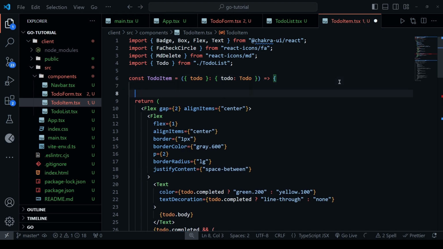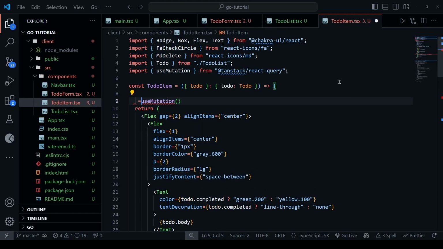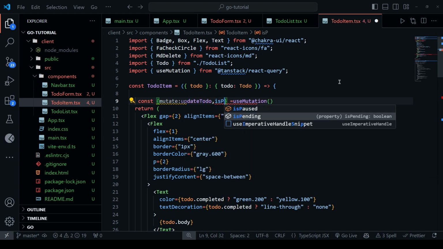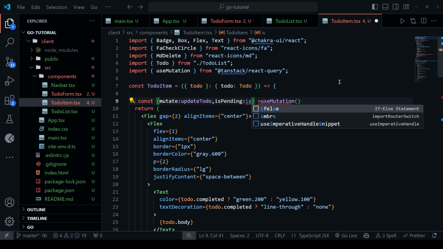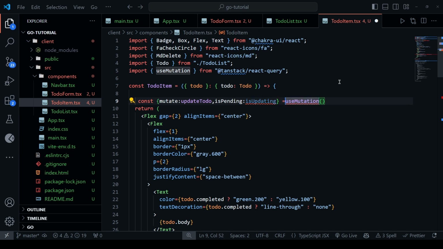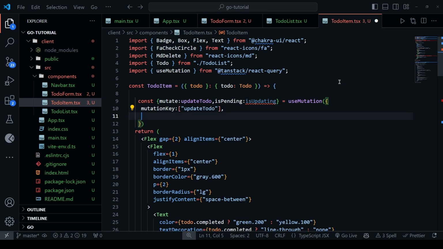So here I'll just go ahead and say use mutation, which is coming from TanStack, and here this is going to return us a mutate function, right? So let's say mutate, and I'll just rename it to be update to do, and it's going to give us is pending state, and I'll just call it as is updating, just to make my code a little bit more readable. And here this is going to take again an object where we could give a mutation key. So mutation key, that's going to be, let's say, update to do,